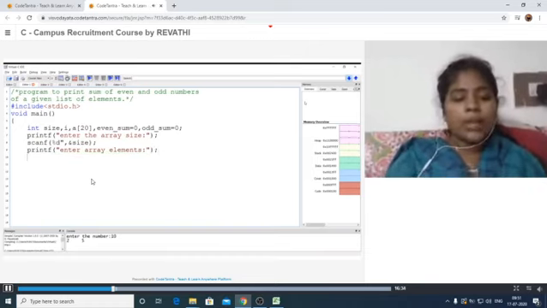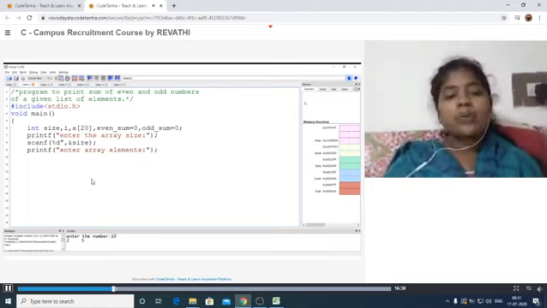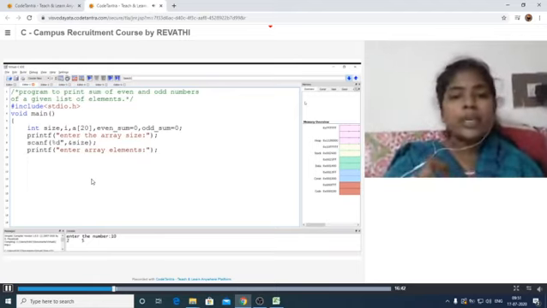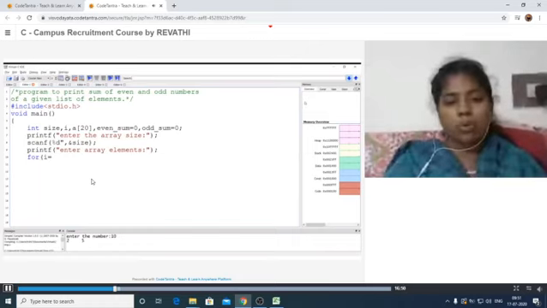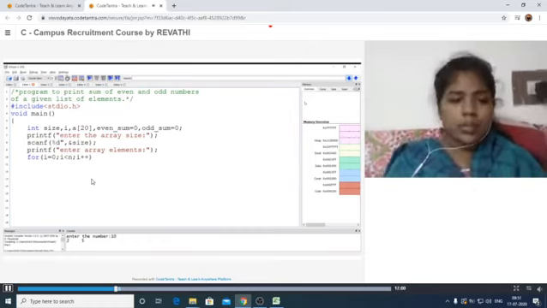Next, whenever we are providing the array elements, we have to take a for loop. That means it has to store our values index by index. Clear? So for that we take for i is equal to 0, i less than n, i plus plus. Here i less than n means the size variable we have taken.